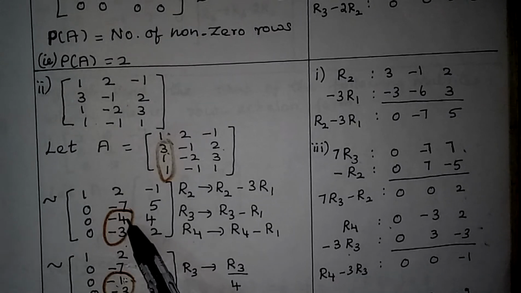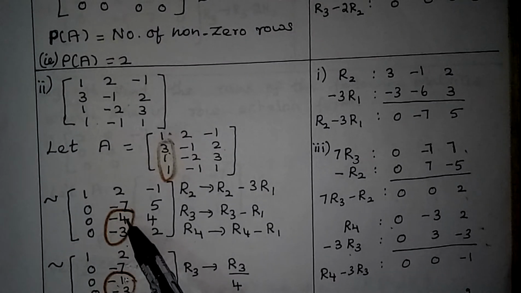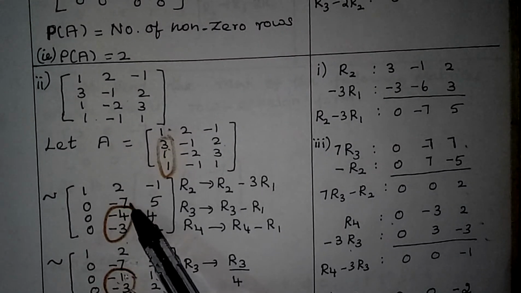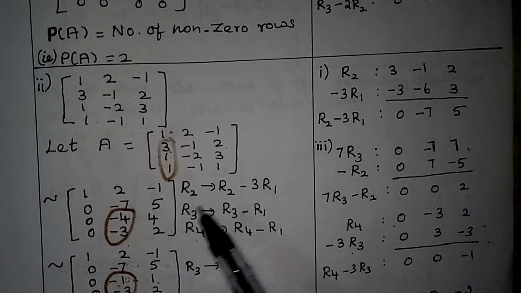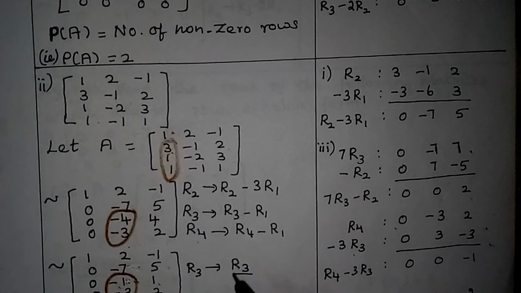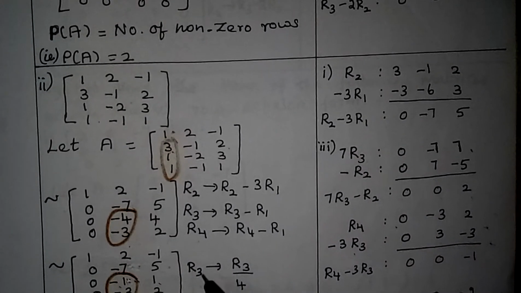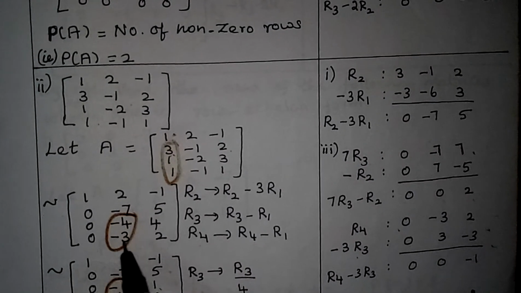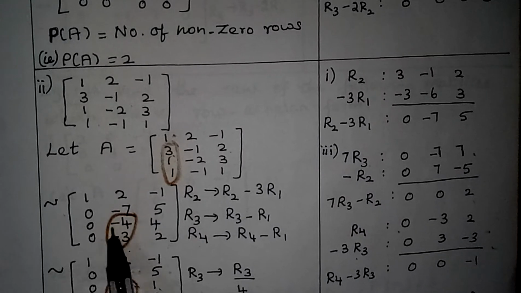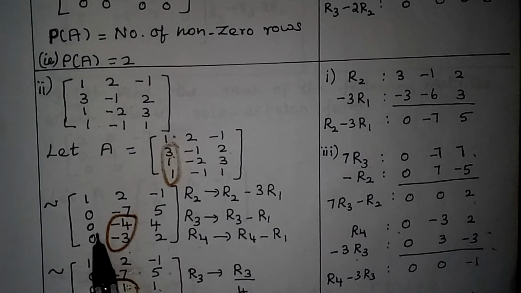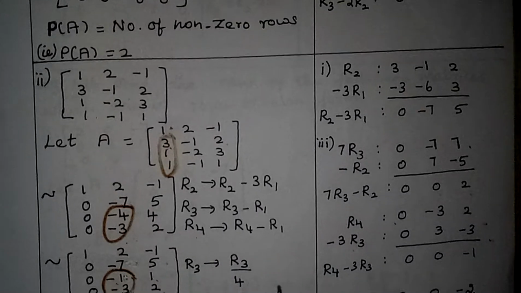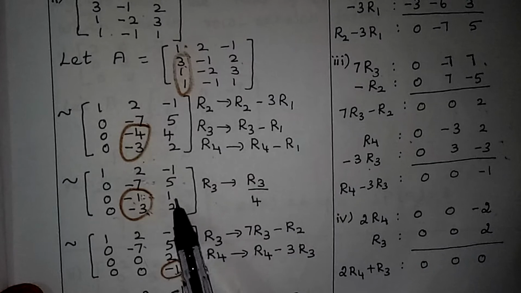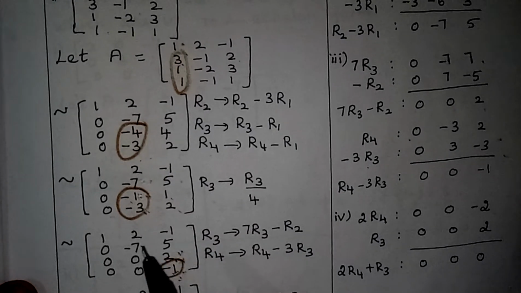So how can we make this term 0? We have to multiply, that is how we can make it 0, minus 4 into this 7. Okay, the calculation will be here. Before that, there are different ways. Here what I have done is you can divide throughout by 4. So this R3 you can divide throughout by 4. R3 divided by 4 means here in the third row you will get 0, minus 1, 1. Now it will be easy to do.